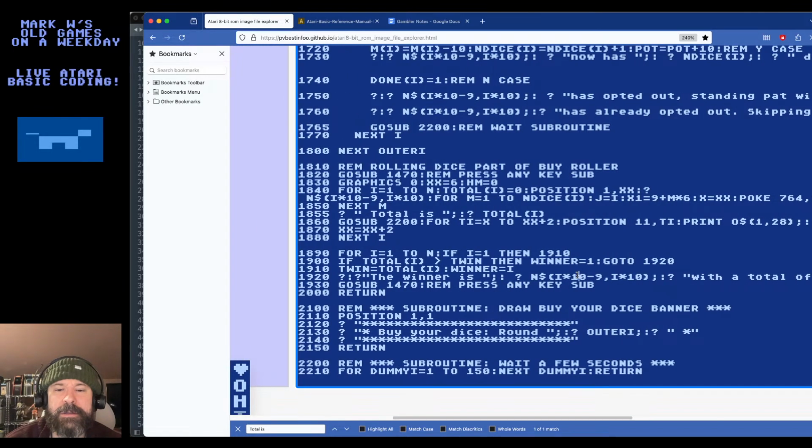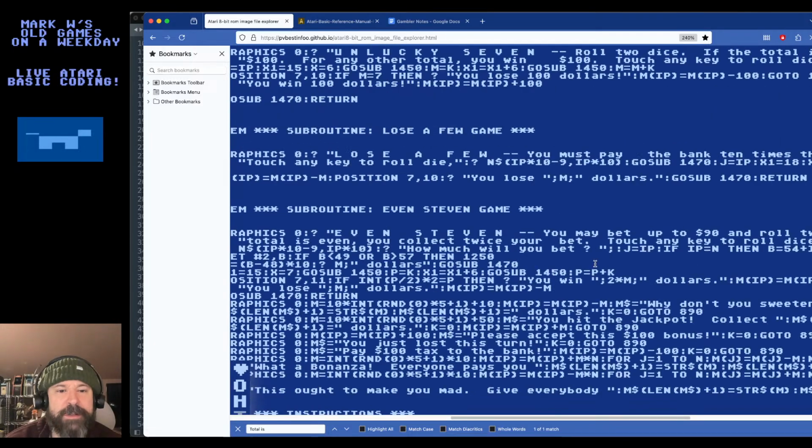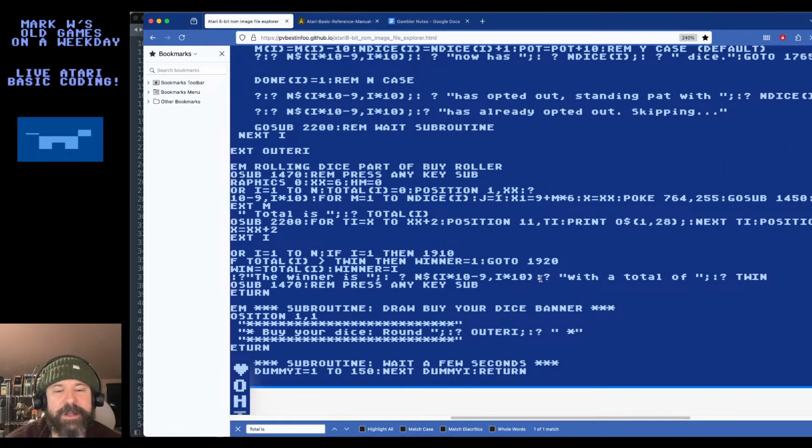So let's see. I'm using this style because it's consistent with everything else in Gambler, where it pads your name with spaces so that there's always 10 characters. I guess they did that so they didn't have to worry about different lengths of the names with respect to formatting. You could always be sure it's consistent. But I could just make it go on the next line. The total of such. I could say wins the jackpot of such. Let's do that.